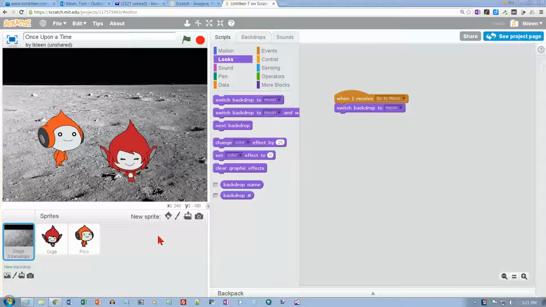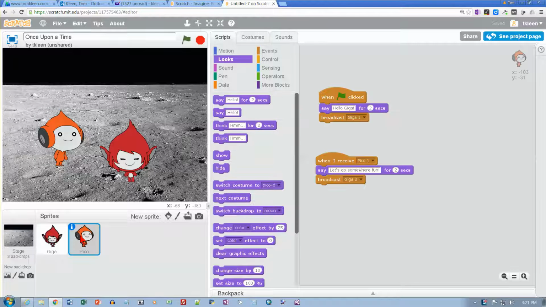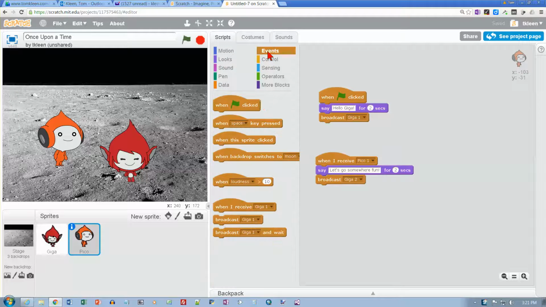And it says select Pico, so click on Pico down here. And we want to start a new script with when the backdrop switches. So that's going to be an event. Okay, something that happens is an event. And so let's pull this over. And when it switches to the moon,